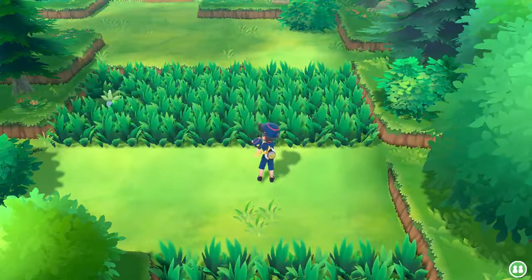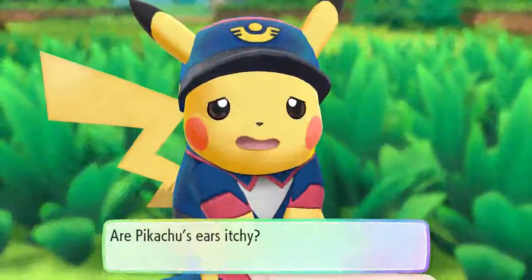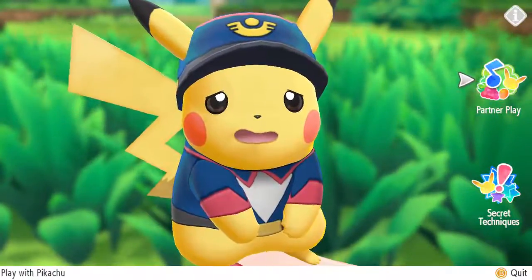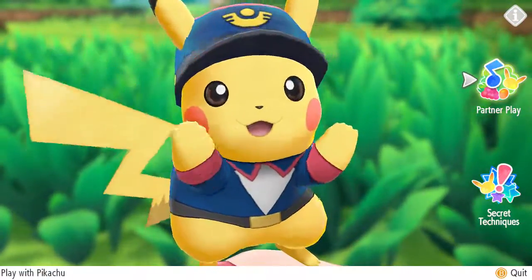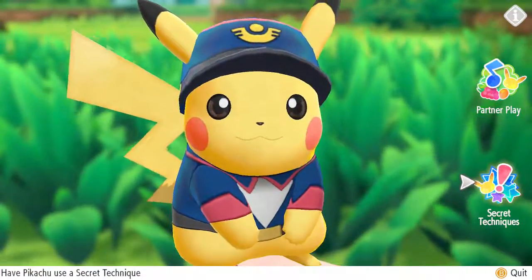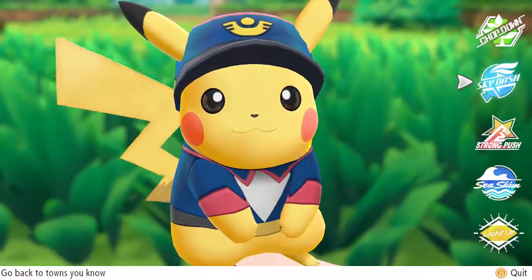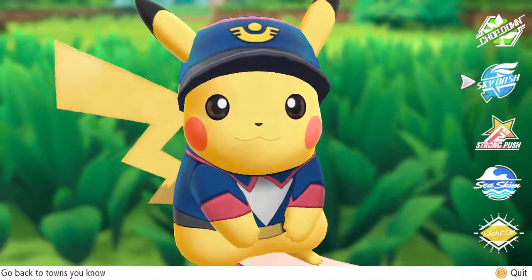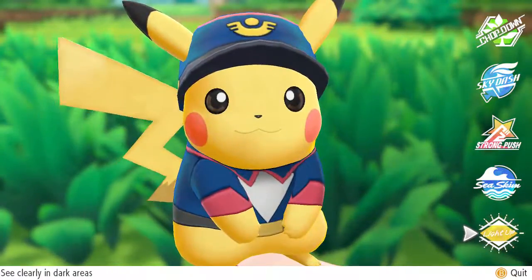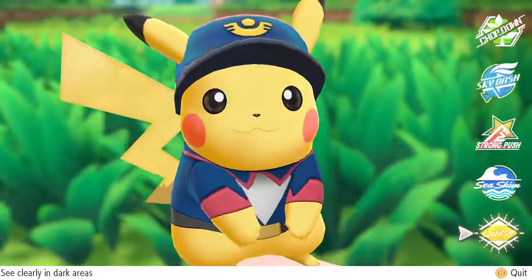I love the game. I absolutely love it, but the whole idea of secret techniques, this is where the nitpick comes in. The whole idea that Pikachu or Eevee knows all these. I like the idea that they streamlined it. I just don't like the idea that